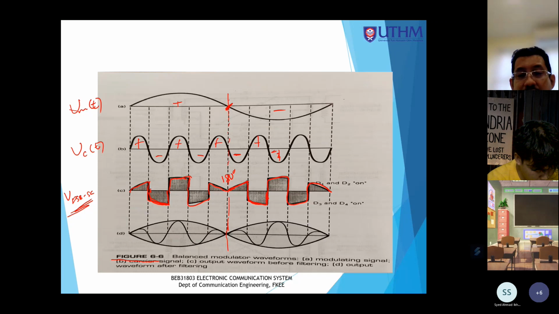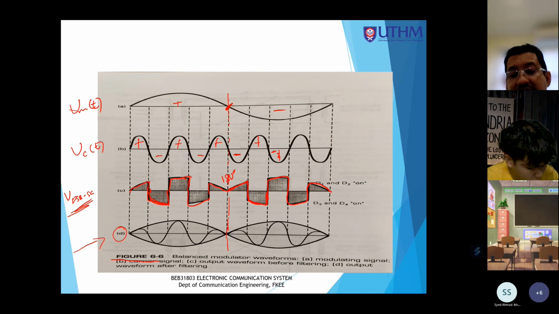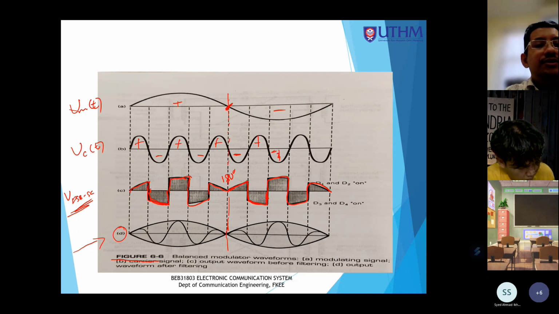Dia punya signal itu lebih smooth. So after we add another components, for example the filters, we can produce an output signal like picture D seperti ini. So saya juga telah menunjukkan sebelum ini macam mana kalau kita nak melukis